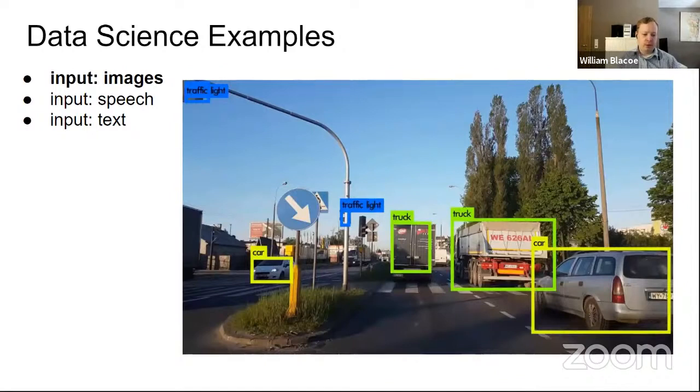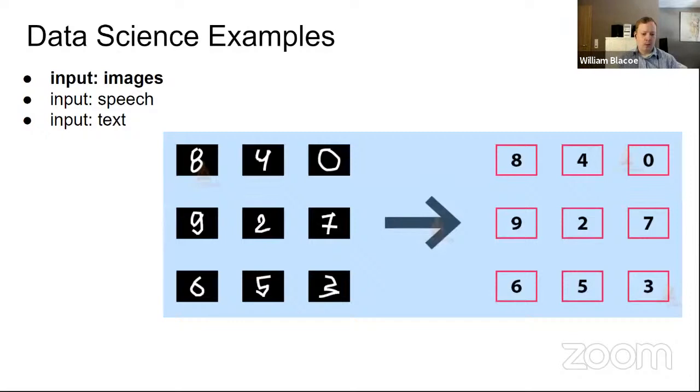Self-driving cars need to be able to detect objects. Postal service, for example, needs to be able to interpret handwriting. And here is an example of digits, what they might look like. And even though they vary every time slightly, the program needs to be able to tell that 5 is a 5, no matter if it deviates slightly every time.